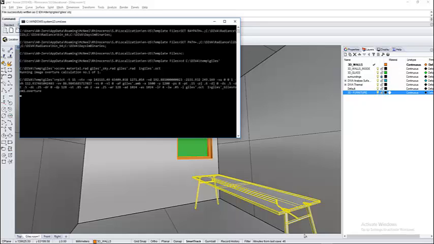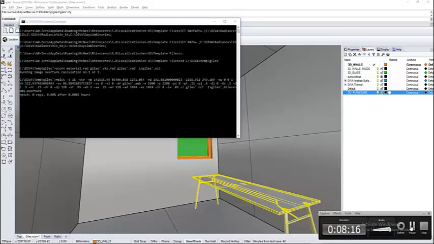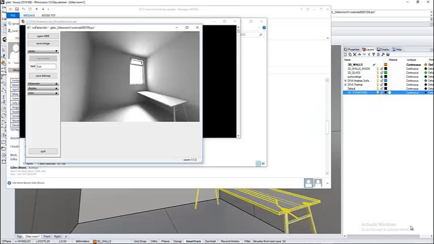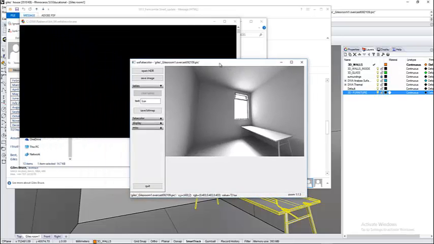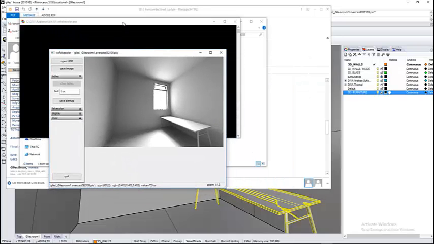Now, as before, when you press run simulation, this dialog box will come up, and then you have to wait. We have to wait till this gets to 100%. So I'm going to pause this for a second. Now, once that has reached the end of its list, which took me about 20 minutes, I think, and if I'd gone for a higher resolution it would have taken longer, at the end of it, no matter what you pick, you'll get to an image, and that image should look